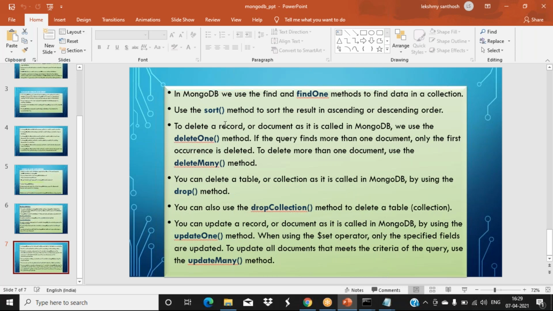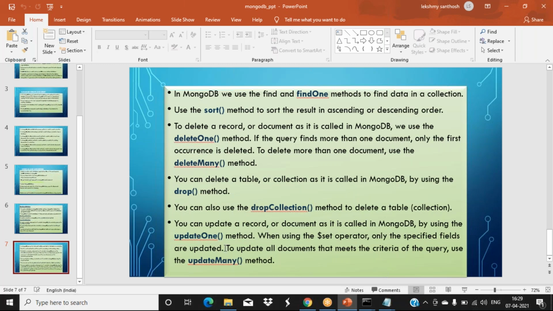Again, if you want to delete, this is another operation. If you want to delete a particular document, we have deleteOne. If you want to delete a number of values or more than one document at a time, the deleteMany option is there. Now, after deletion we can do updation, because if I do drop, I cannot do updation. So first we'll see updation, then dropping.